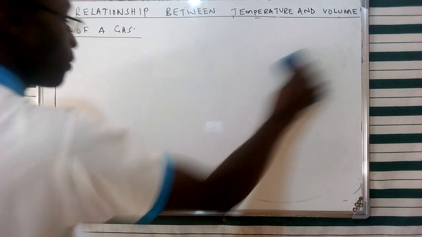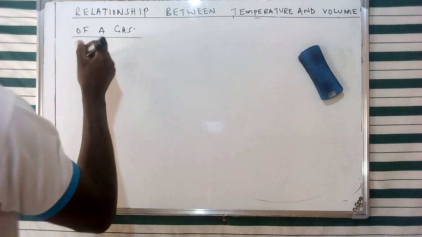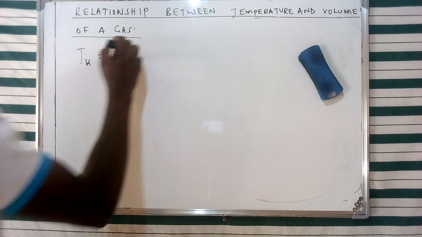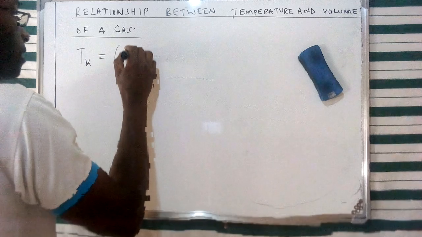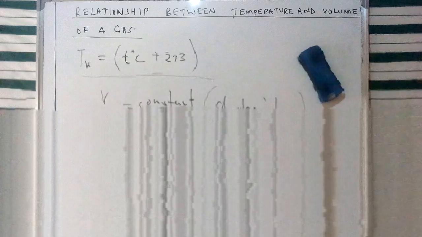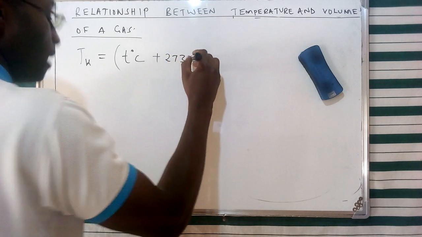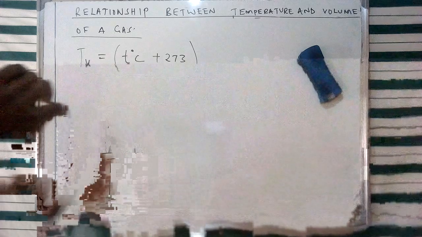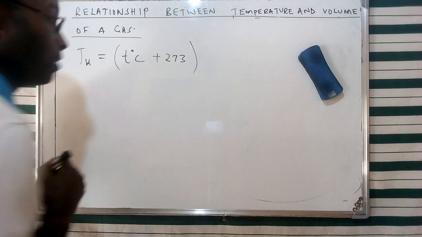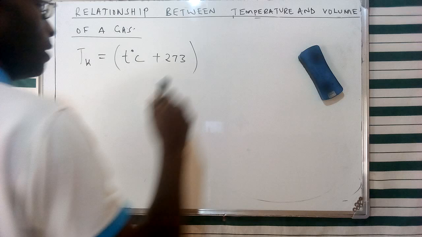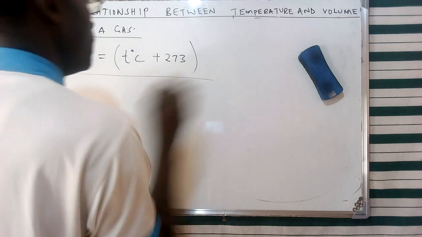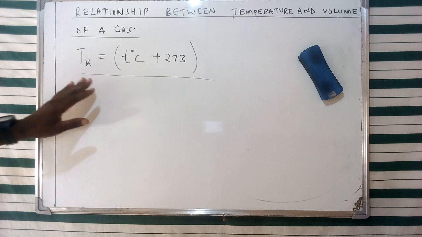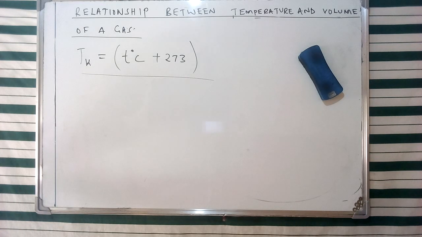Now, to be more elaborate, I'm just going to give this in terms of an equation, whereby the temperature on the Kelvin scale is given as the Celsius temperature plus 273, of course, the Kelvin, the absolute zero that I've mentioned, given in terms of the Kelvin scale as that. So that's a simple representation of the relationship between the Celsius and the Kelvin scale,